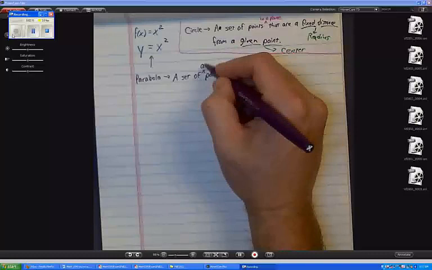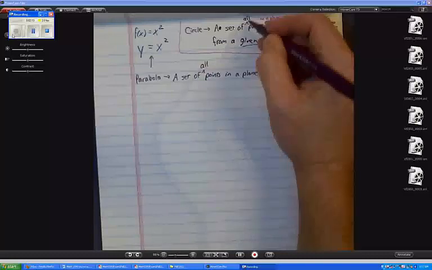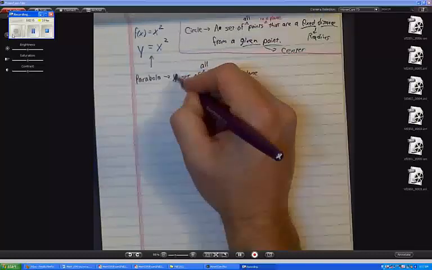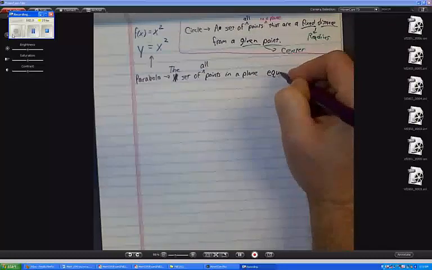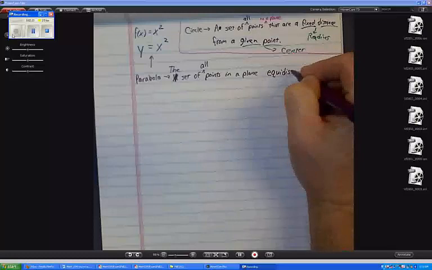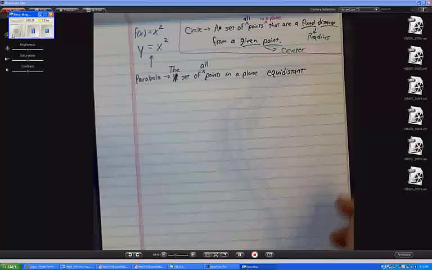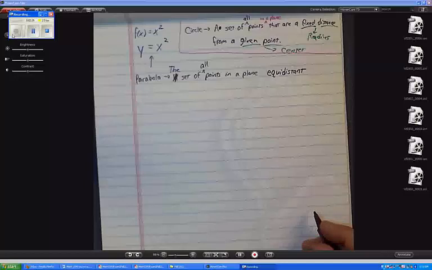I probably should have said that for both of these definitions. So it's the set of all points in a plane, and then I'm going to use a word that I haven't used before in this class, but I think you can understand. Equidistant, meaning, sure, the same distance, from,